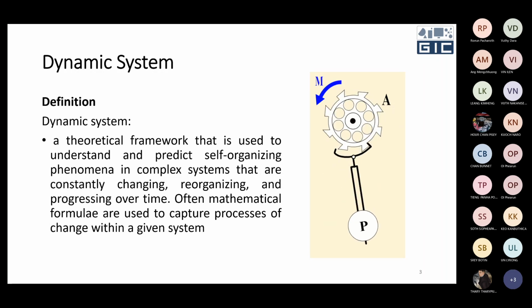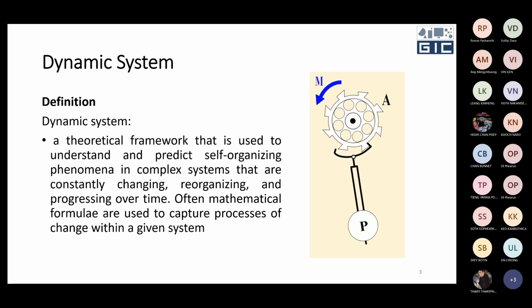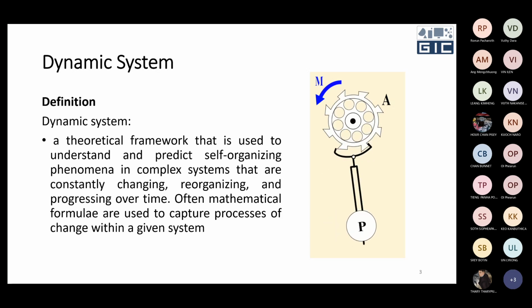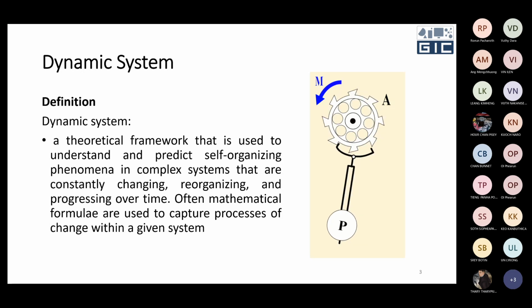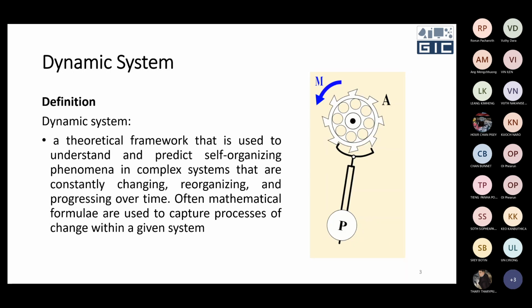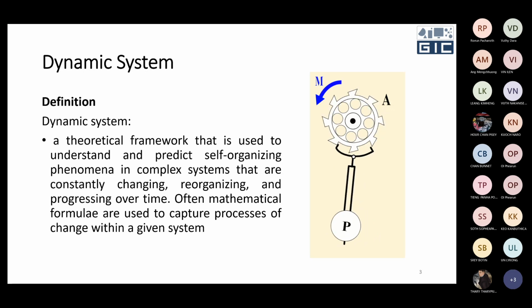Some terms of the system can be represented by a mathematical formula. Some terms of the system cannot be represented by a mathematical formula, but can be represented by some physical formula, and some terms of the system can be represented by other terms of the system. So generally, when you try to understand the phenomenon of one system, whether it is more complete or less complete, or a system that changes constantly over time, we call it a dynamic system.